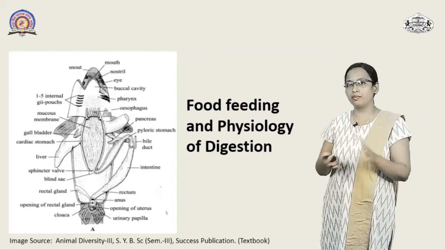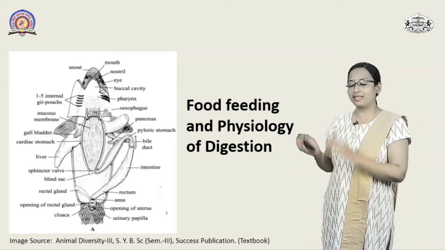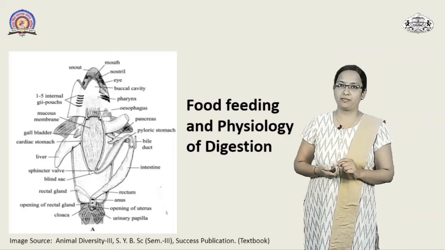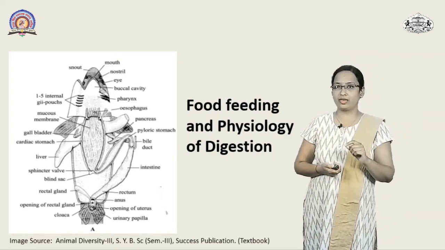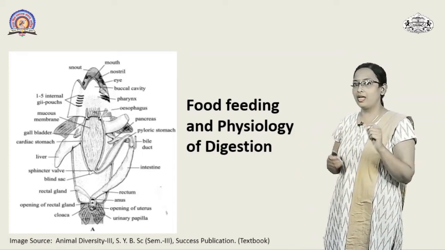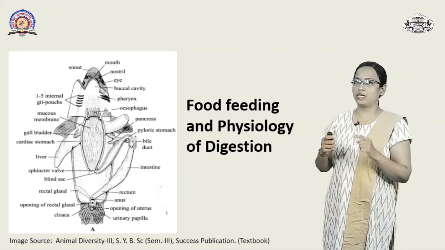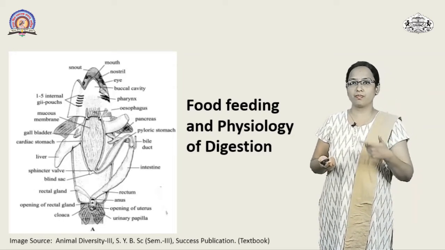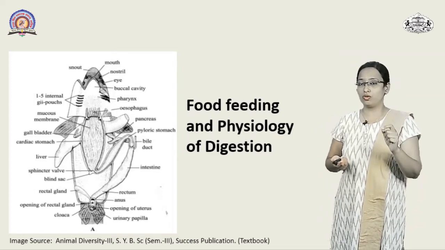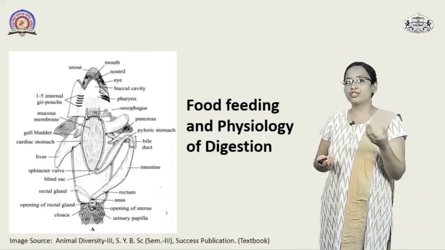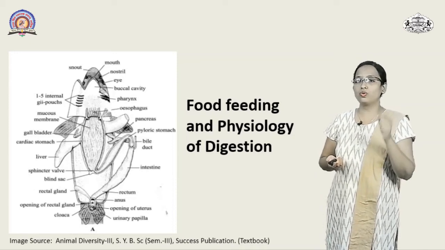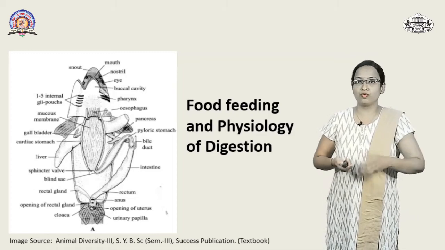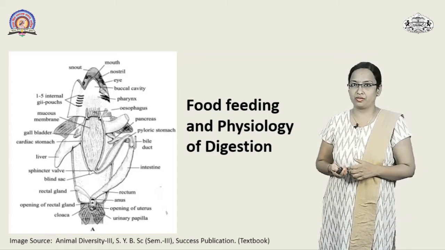The food will only be passed from the pyloric stomach, and then through the bursa entiana it is going to enter into the intestine. Now when it is entering into the intestine, what we have studied is that at the very anterior portion of the intestine, two ducts are opening. The first one is the bile duct, the second one is the pancreatic duct. The secretions of the bile result in increasing the alkalinity of the food, so the food is going to become alkaline over here.